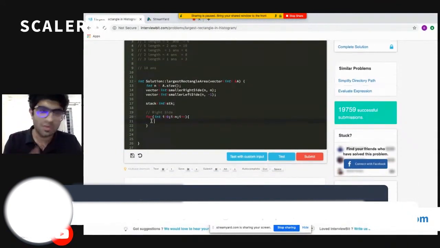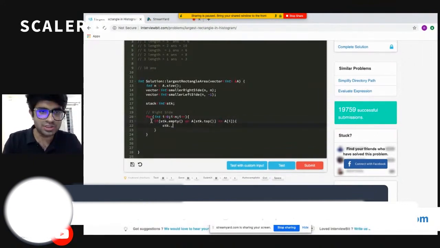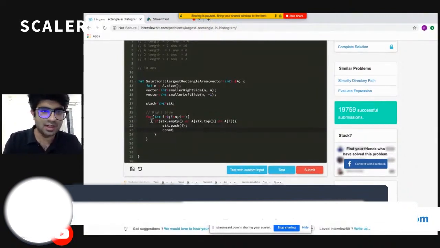Now how can we do that? Let's consider the edge case. Let's say my stack is empty, or the value at the top of my stack is less than or equal to my current element. If that is the case, I haven't found the answer for my current element yet, nor for any element in this stack, because I just found an element which is greater than the element at the top of the stack. So I need this information, and I need to push that element into the stack. That's the only thing I can do, so I am done here.